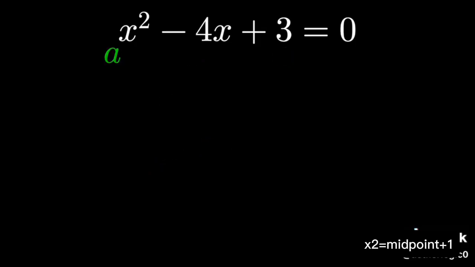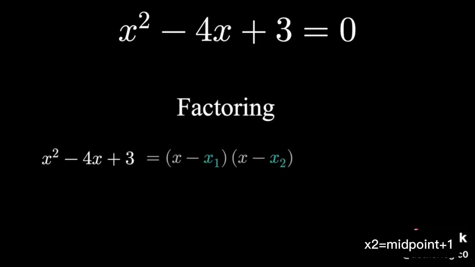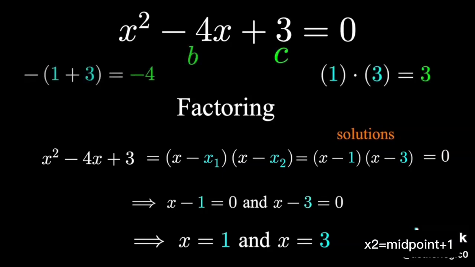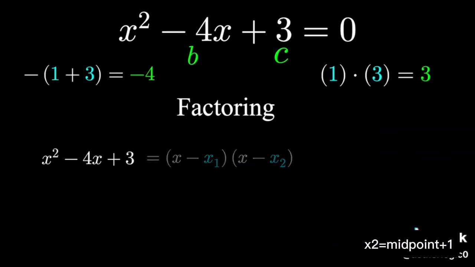The other main way was probably equally as infamous, factoring. These equations could be written as a product of linear factors that gave us the solutions as well. How do you find those factors? The trick is that the two solutions multiply to the C term and also add to the B term. You can usually figure these out in your head if the numbers are simple enough, but we can use these